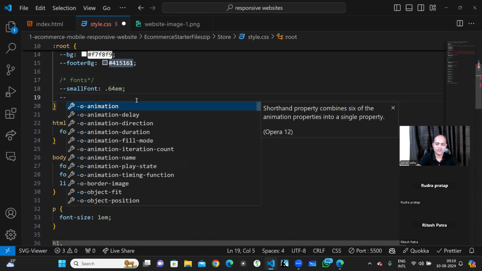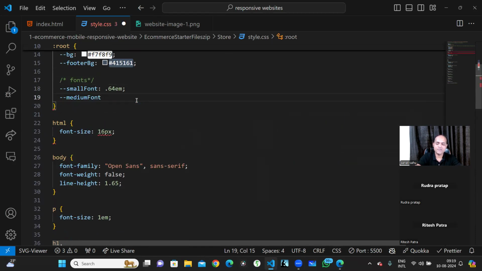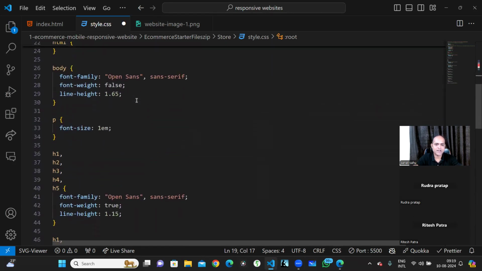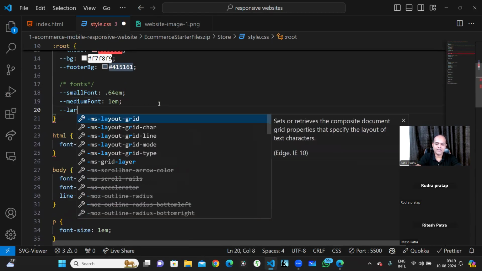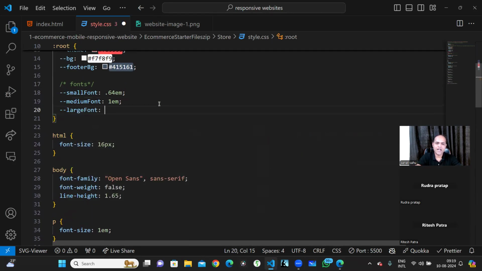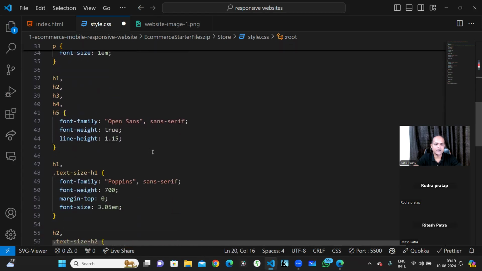I can give something called the medium font. So medium font be given to what? Medium font will be given to generally the paragraphs. So let me see in the paragraph what is the 1 em is given, right? So I can write here 1 em. And large font, if I give, so large font will be given to what? Some headers, right? So headers large font will be